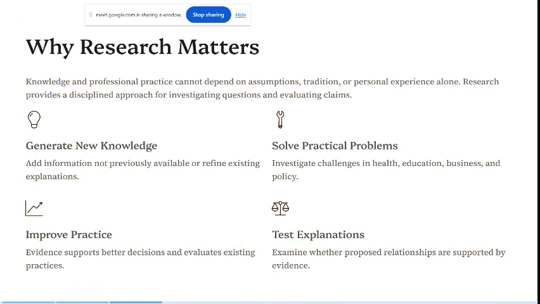Okay, so another point is that test explanations is also necessary. And most of the time, your research examines whether proposed relationships are supported by evidence. Okay, your findings are important, and you need to prove them. And with what will you prove the findings? You will propose some relationships between any kind of variables, or maybe you will support them by evidence. So these are the points that show why your study or your research matters. Okay,